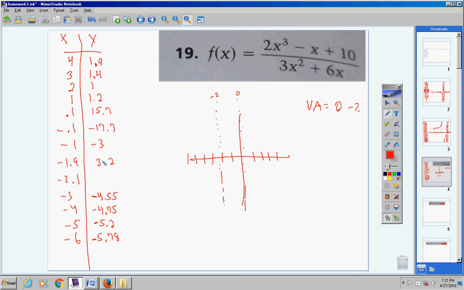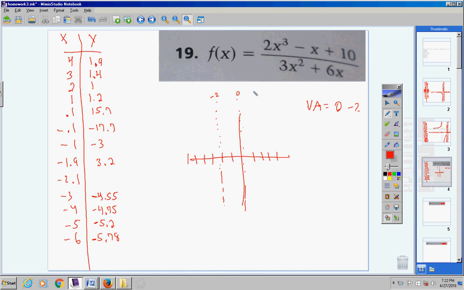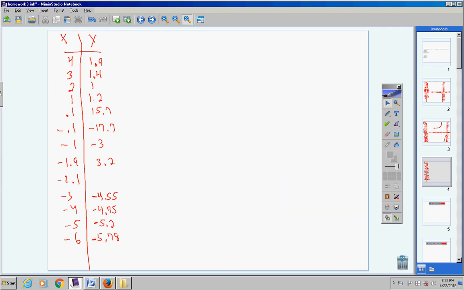And it does not seem to be working. I wonder why. Alright, let's try it again. Okay, pause the video here. For some reason, students, my calculator will not let me put in negative 2.1. I'm going to come back to that later, okay? We will come back to that, but my vertical asymptotes are at 0 and negative 2, so let's get rid of that, and I think we can get rid of that, and let's get